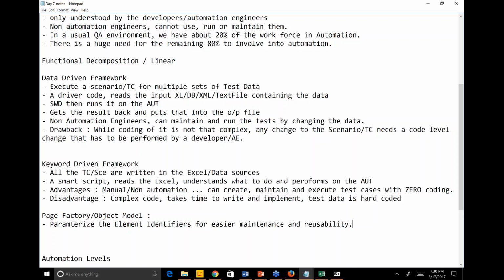How easy is it to maintain? How easy is it to reuse and so on? Because a lot of times some developers will come and write very, very advanced kind of programming for these. And then let's say they quit the job and go. Suddenly a new developer or a new automation engineer comes, takes a lot of time to understand what was done, gives up and says, let's start from the beginning. This is one of the big reasons automation projects fail, because they have been made very complex, not built for the